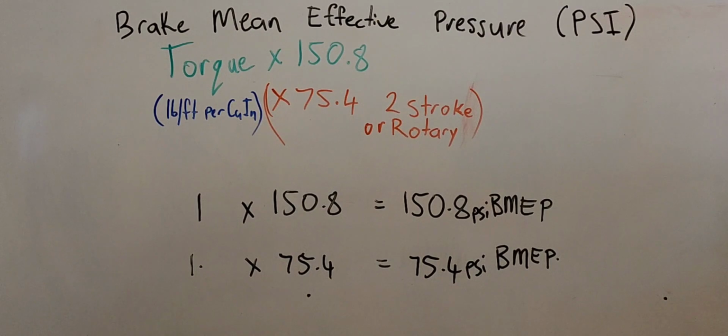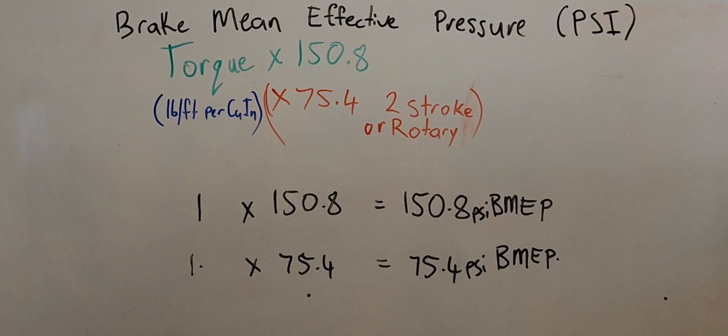This is the formula for brake mean effective pressure. Now I've simplified it, so it is just down to using a foot-pound per cubic inch times either 150.8 for the 4-stroke or 75.4 for the 2-stroke or rotary. Below are the examples. I've just used 1 foot-pound as the generic torque output, and then those are the